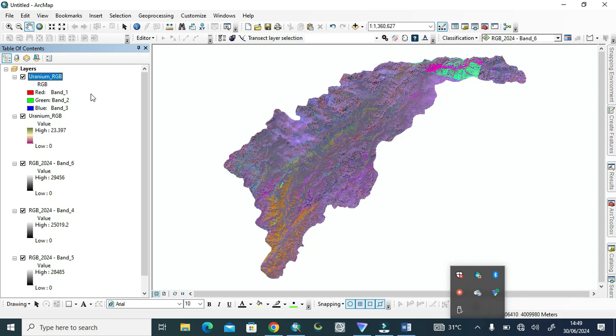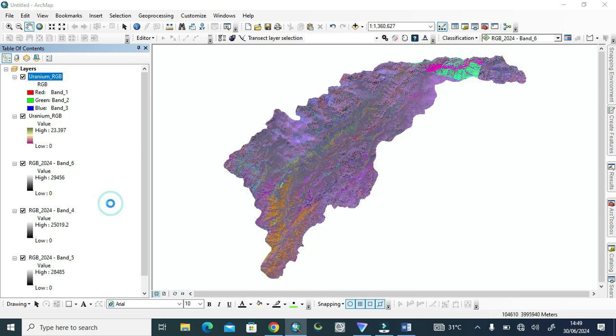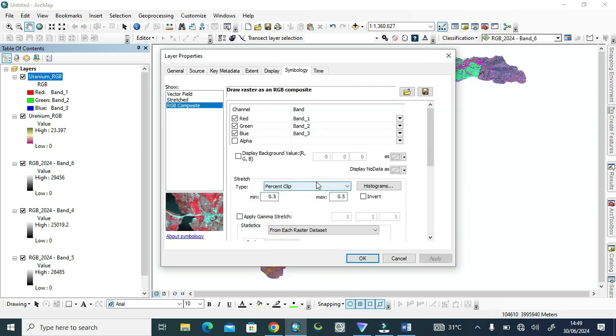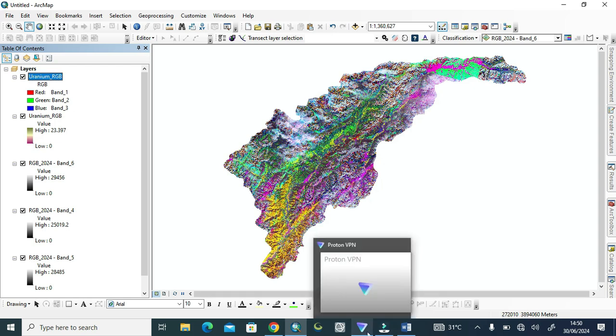Now it's done. As you can see, it comes in light pink and pink color, but when we change its properties to symbology and set the stretch type to equalize histogram, then this kind of color will be seen on our map interface.